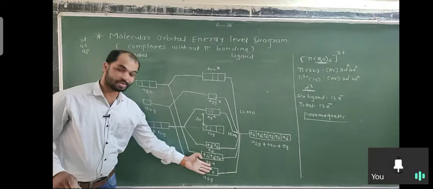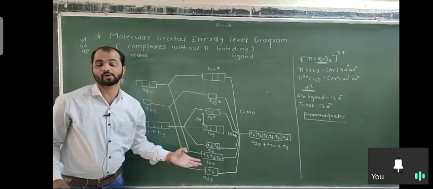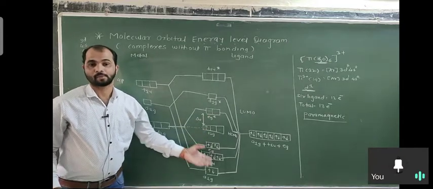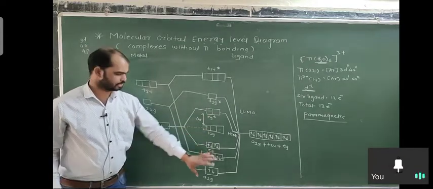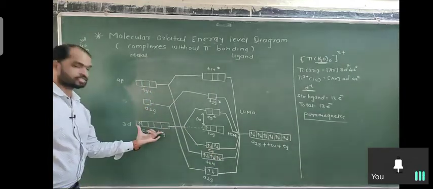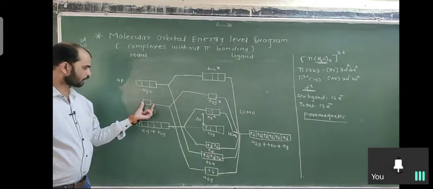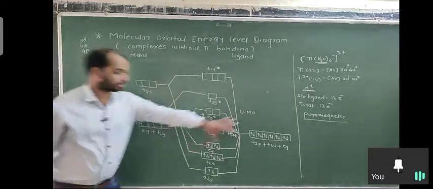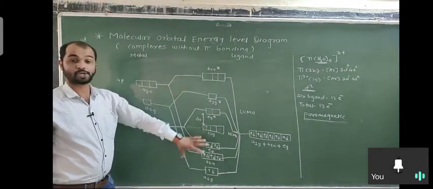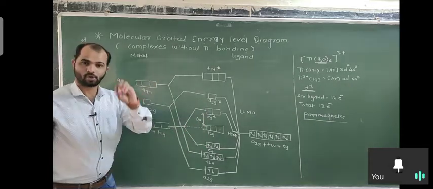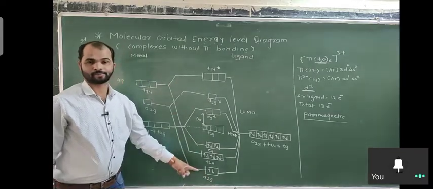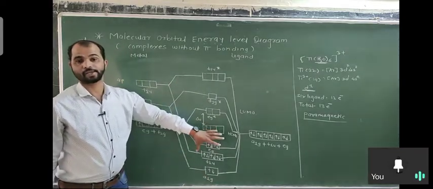Also there is a bonding molecular orbital, that means here is an overlapping of atomic orbitals of the metal and ligand. There is a formation of covalent bond. This thing is not explained in CFT, because CFT only thinks about the d orbitals, not about the metal s and metal p, not about the ligand orbitals. That's why there are some limitations. But MOT overcomes that limitation. Yes, in coordination complexes covalent bond also exists, and MOT proves it. Covalent bonding exists in coordination complexes.